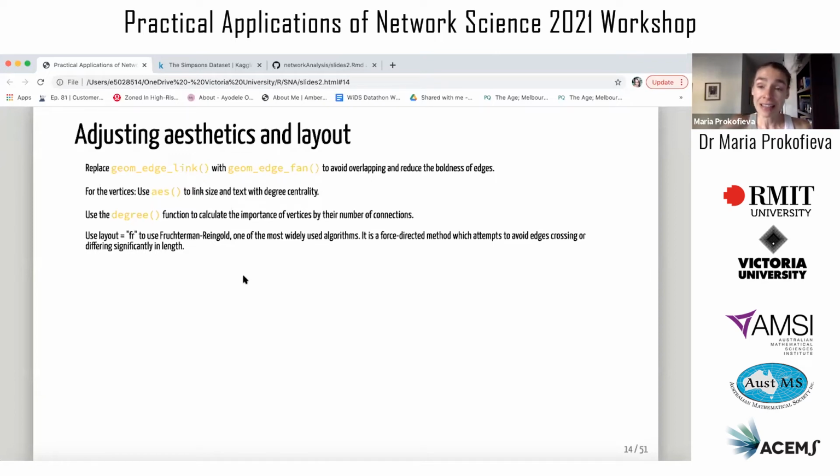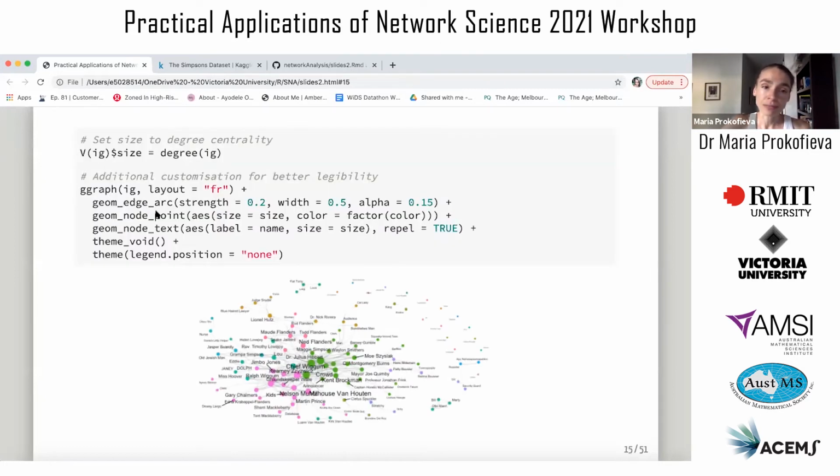Okay, so let's link it. So again, what are we changing? We're changing geom_link to geom_edge_fan, and we're trying to map aesthetics to our vertices. So let's have a look. This is where I'm changing it, right? So I'm introducing